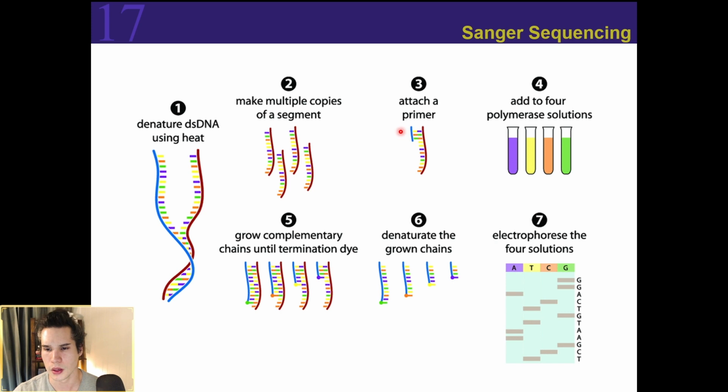And then after you've created your primers, you have, let's just say, 4 independent trials that we're going to be running. So we have four different vials that we're going to be running experiments in. So in this purple one, what you're going to have are all of the nucleotides necessary for carrying out DNA replication, or you could say, all of the substrate needed for DNA polymerase will be in here. However,